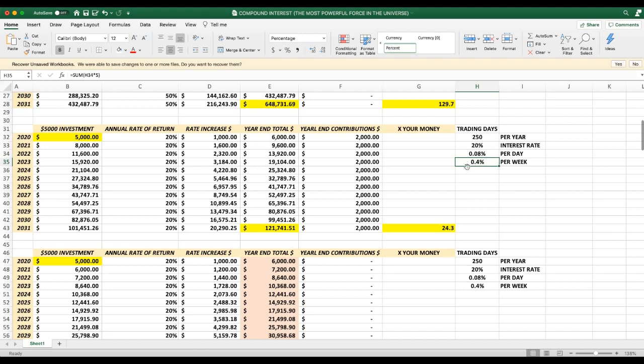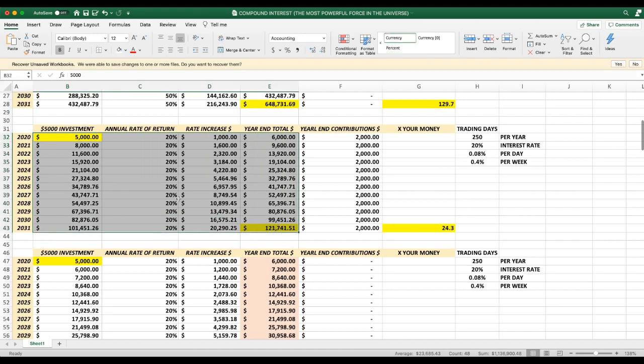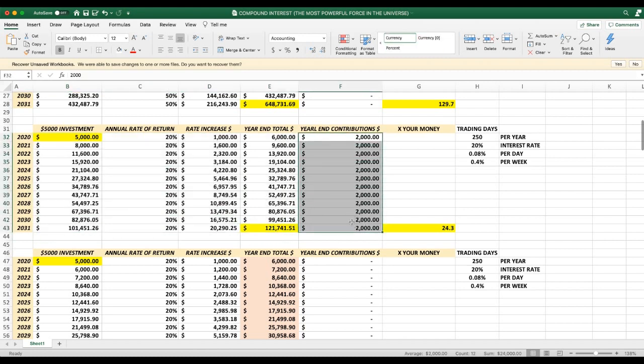All we're trying to do is hit these numbers, and you can see the growth from 5,000 to 121,000 with adding about 2,000. And you can adjust this any way you want. So let's say, this year I'm going to add 10,000. Well, that makes a big difference. But you know what? In 2 years, I'm going to get X amount of money. I'm going to get another 5,000 in 2022, so I'm going to be able to put in 5,000.